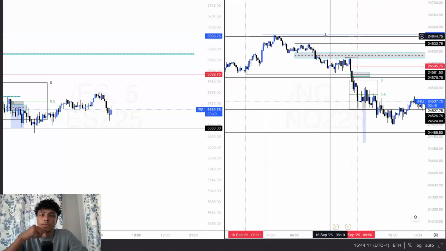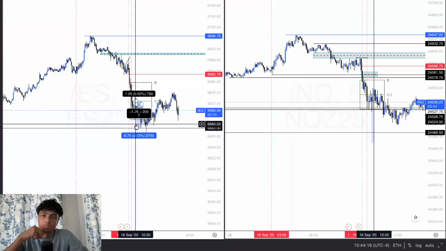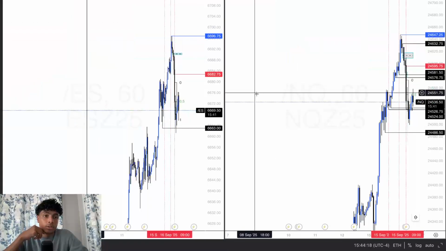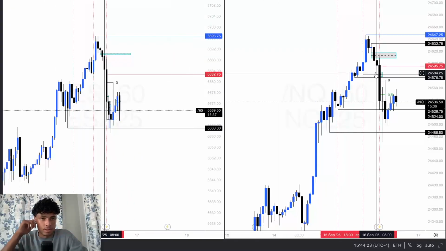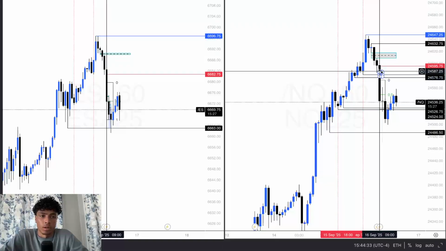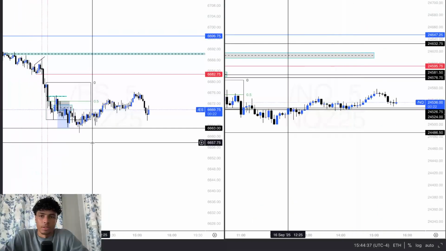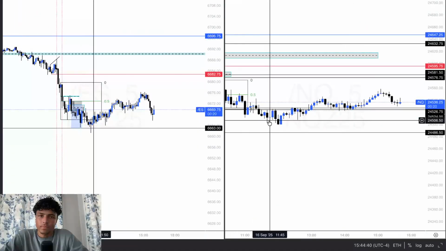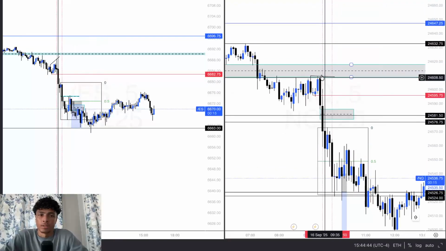So as you can look right here, honestly, it could have been bullish because during the time it filled this right here. NQ filled this, ES didn't. And so it was looking like a bullish SMT on New York market open, right? And then it just started dumping to the downside, right? But as soon as market open, it did create a bearish SMT, as you can see right here.